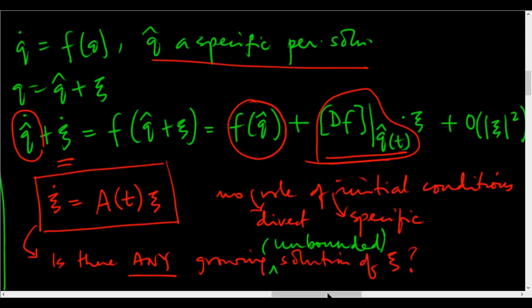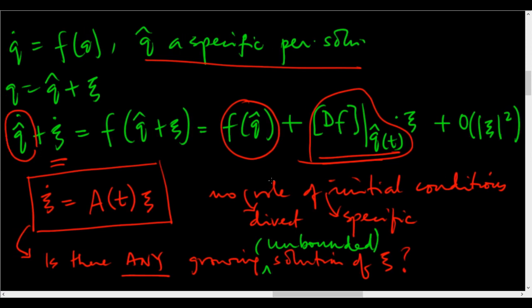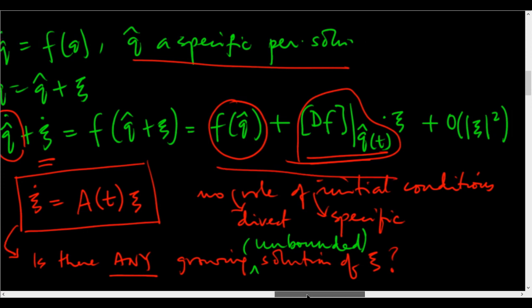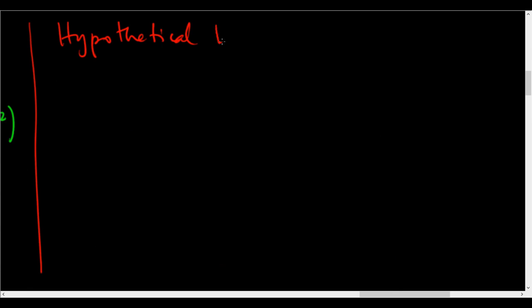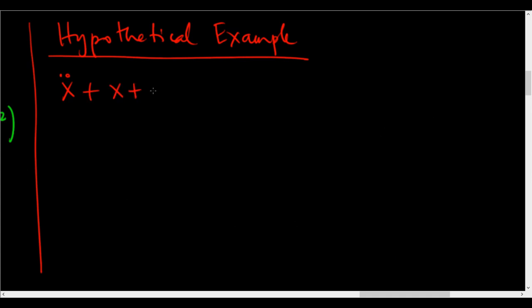Okay, so we will look at that, but let us do a specific example. Okay, so now this is a hypothetical example. Imagine for a moment that x double dot plus x cubed equals 0 has a periodic solution